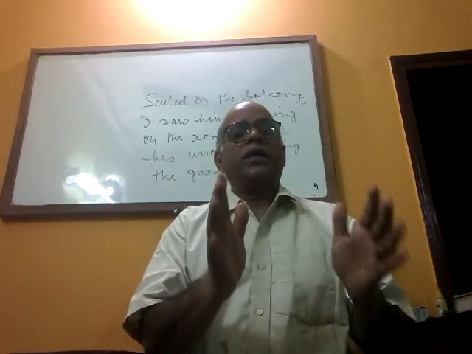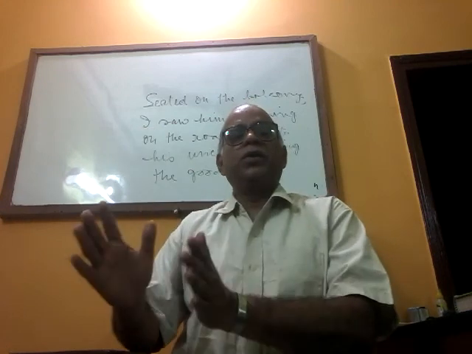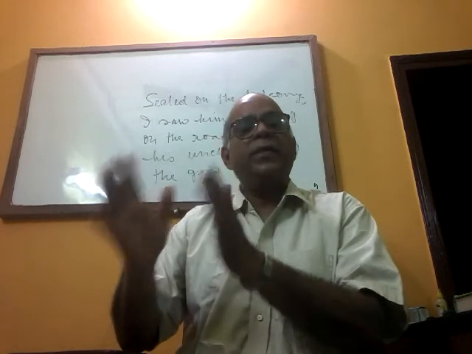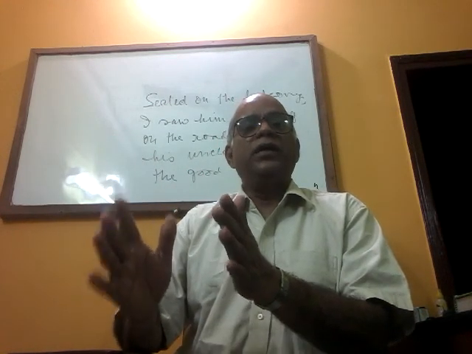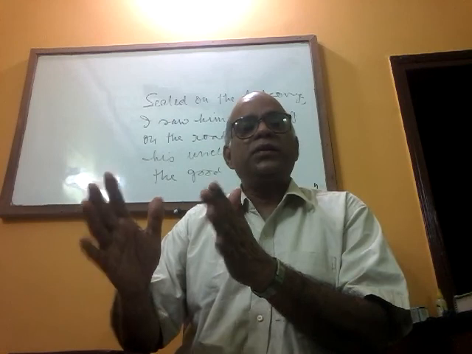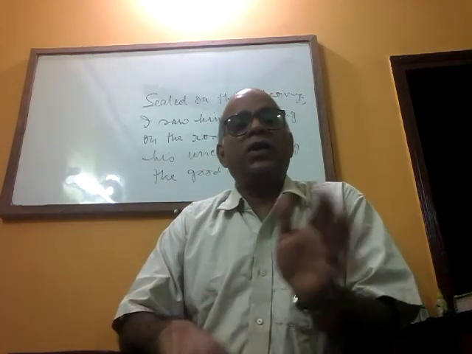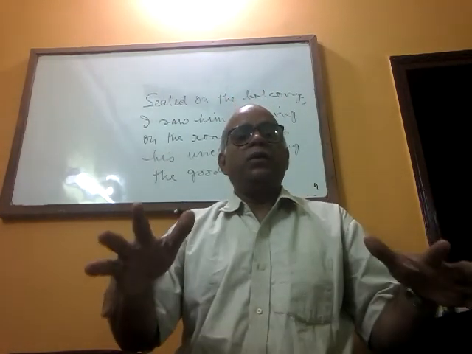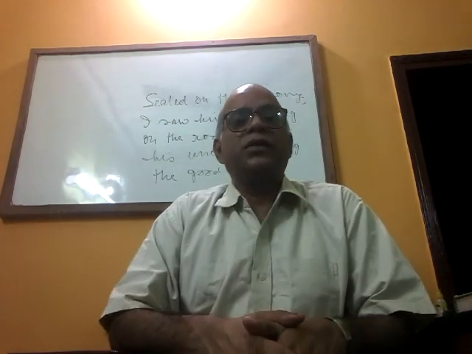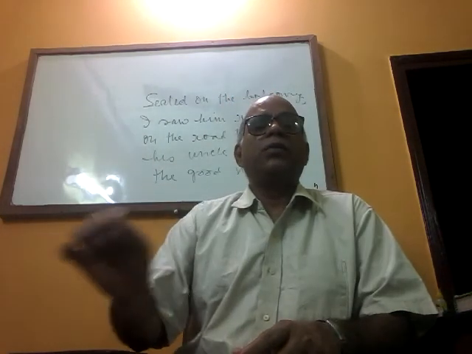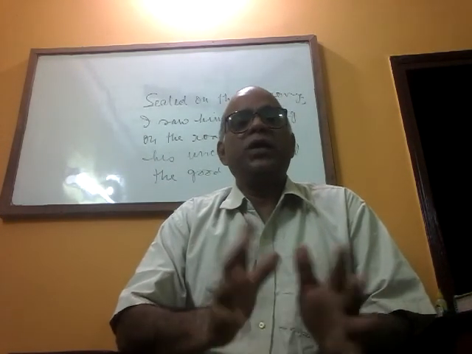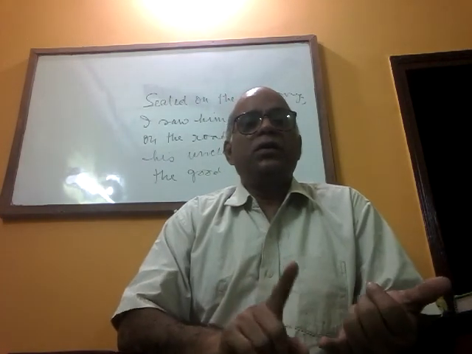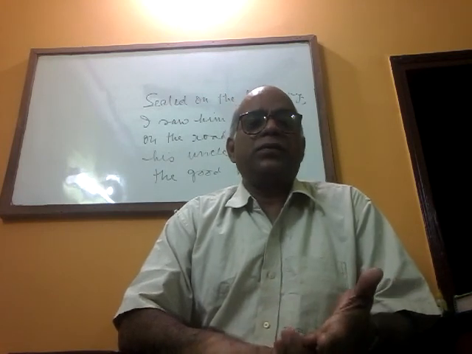A principal clause is an independent clause, but a subordinate clause is a dependent clause. It depends on the principal clause. A subordinate clause is named as subordinate because it is not independent, it is subordinate to the principal clause. Subordinate means less important. You see, in our home, father is the most important person and all others are subordinate to him, like this. Almost similar type of idea. So subordinate clause is of 3 types: noun clause, adjective clause, adverb clause.